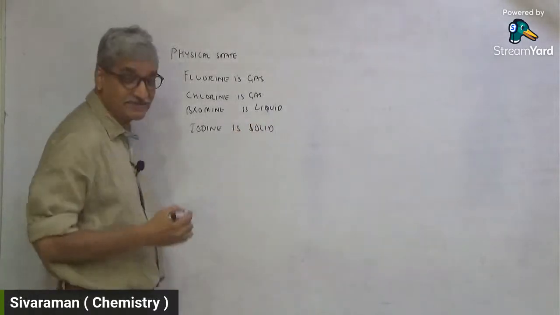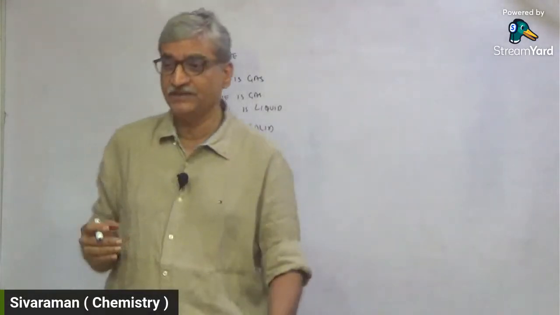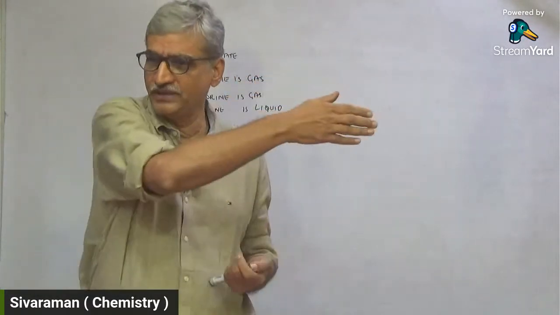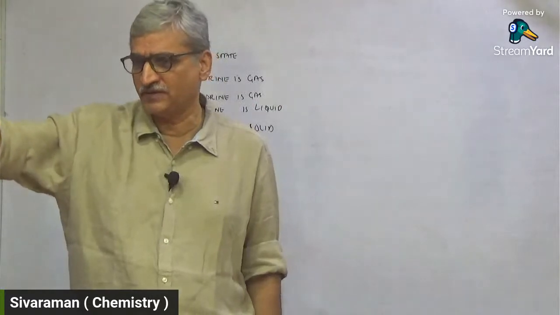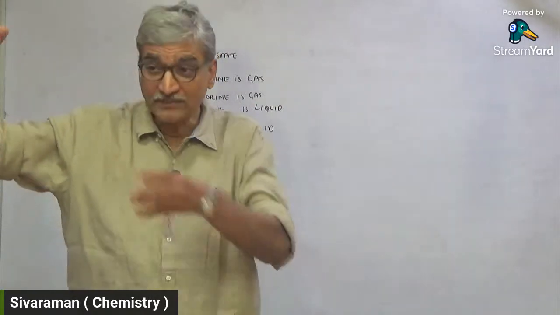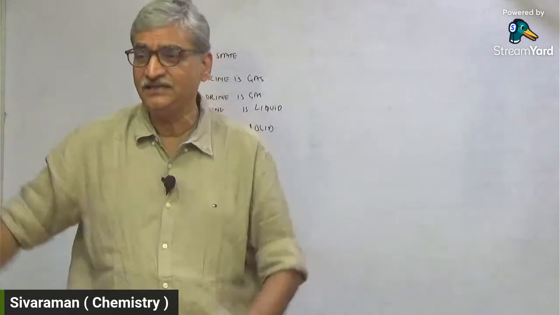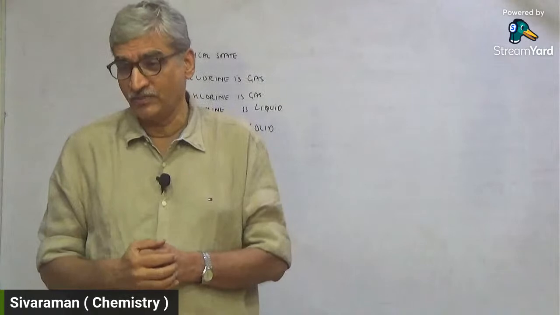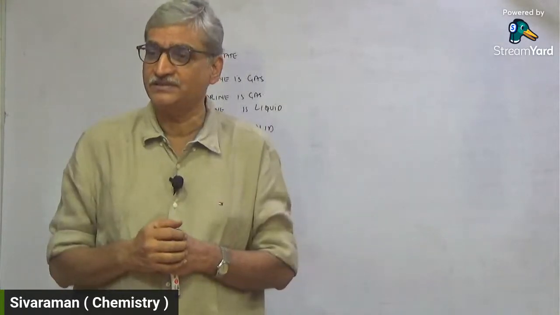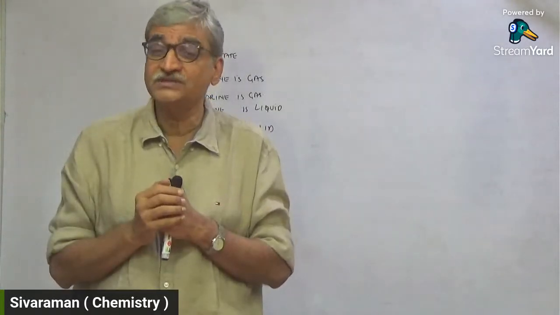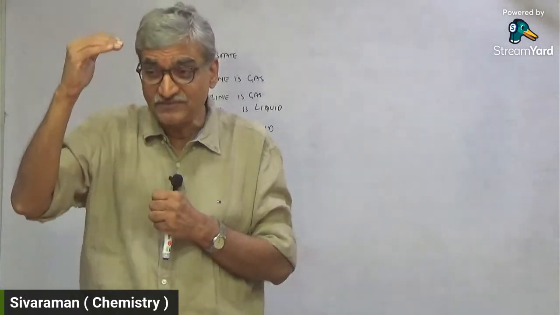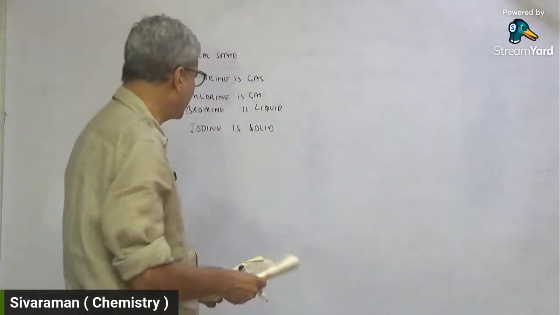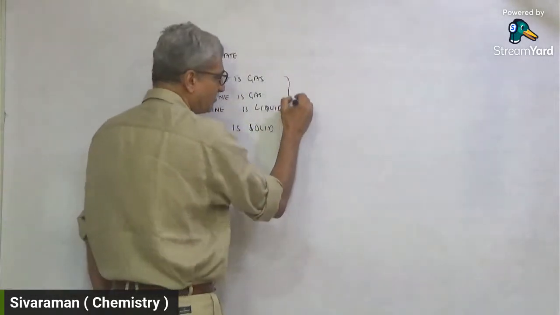So what happens is, now we are coming to those elements whose atomic mass is more. If you look at sodium, magnesium, aluminium, silicon, phosphorus, sulfur, chlorine, what happens? The last element, the 17th group element, the mass is also higher. If it is a diatomic molecule, the mass being higher, what happens? They have huge van der Waals forces. So as we go down, what happens? There is a sheer increase of the van der Waals force of attraction. What is the reason?